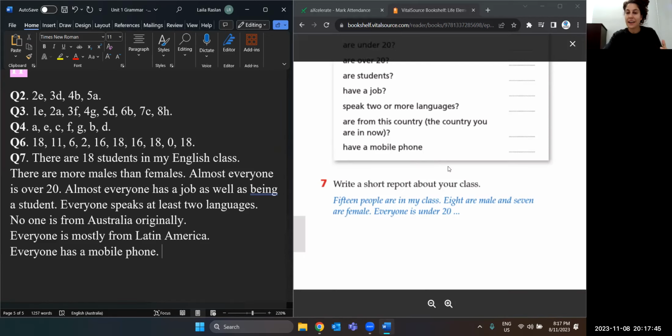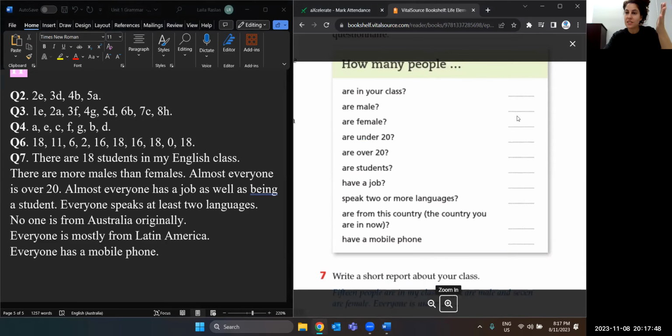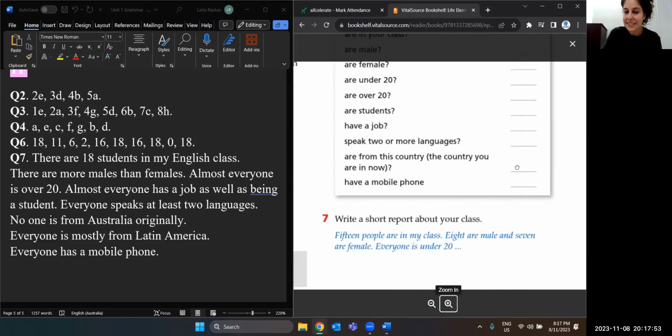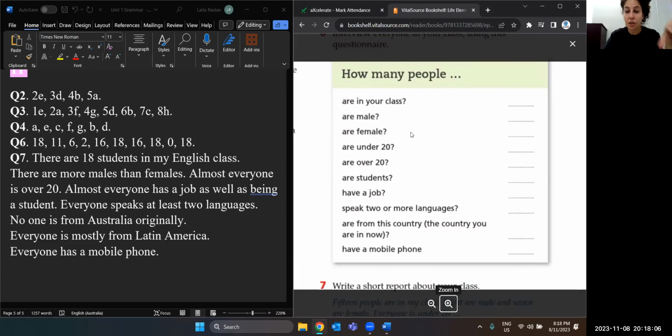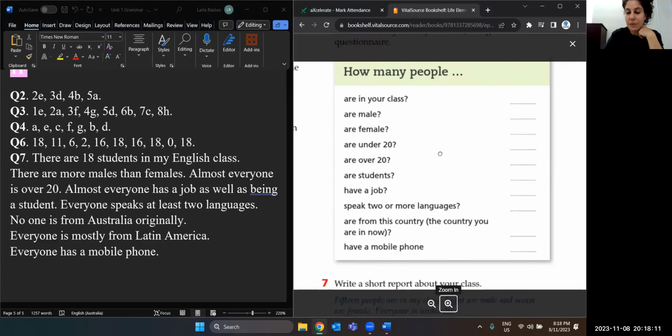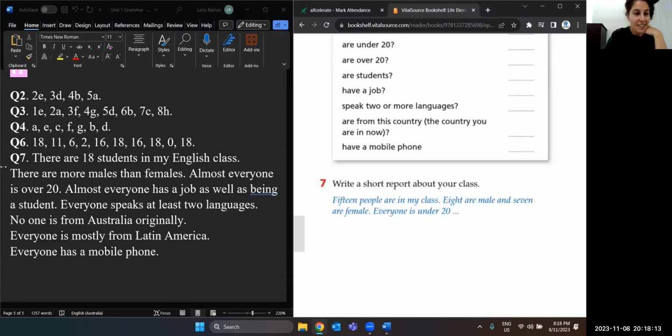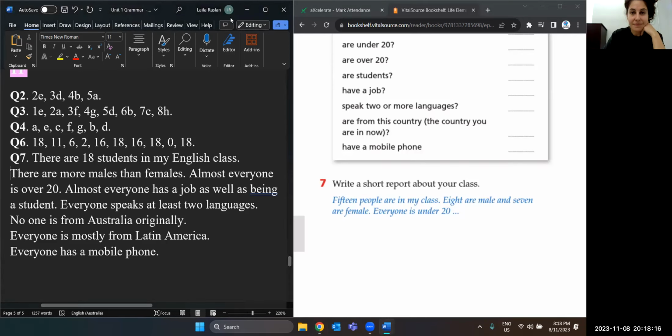So what we did now is in the first part, we just took the numbers. In the second part here, we wrote. When it says write a short report, it should be full sentences because you're writing. You can imagine the first part, number 6, was just notes. That's how we do notes. We take numbers, we just write, but this was now a report. Any other sentences? No?